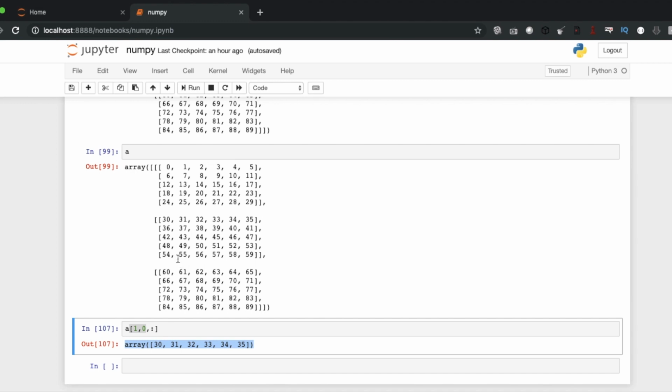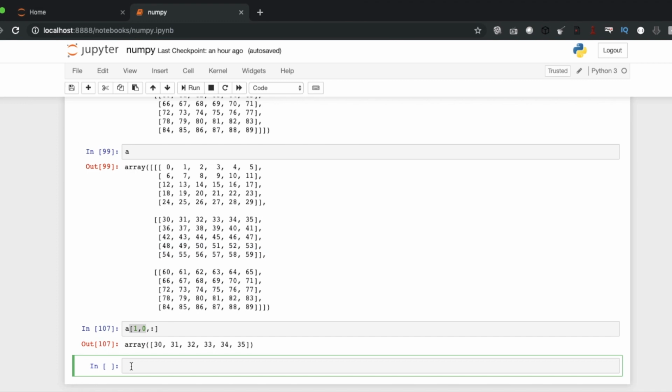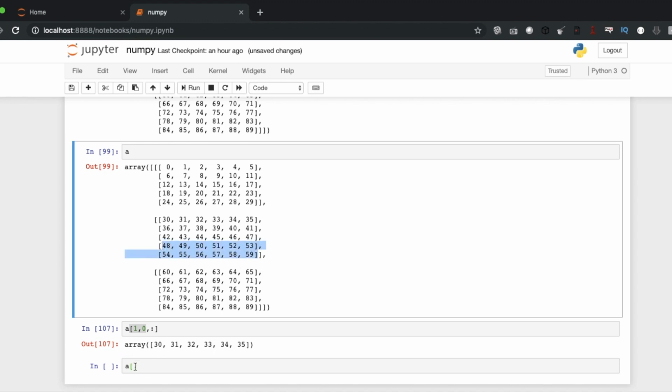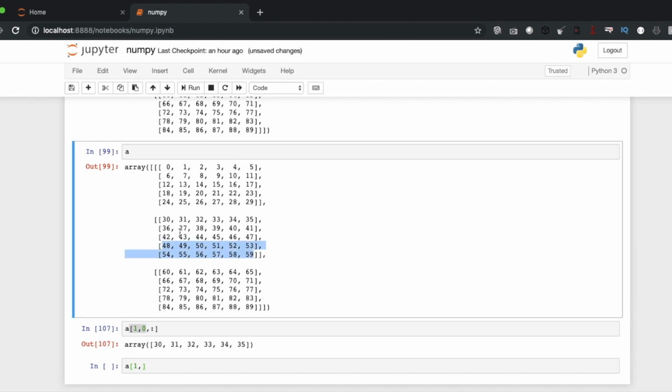So say if you need this too, how many get item calls are required? Only one. First I have to come up over here like this, and after that I have to slice row wise. So which rows do I need? From here to the last, 0, 1, 2, 3.